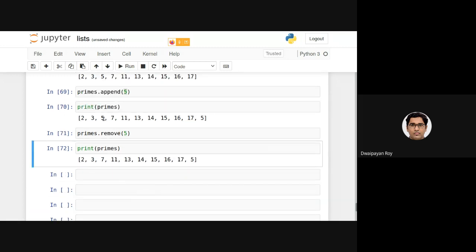As you can see, this 5 has been removed, but the latter 5s are not removed. That is, the remove function removes the first occurrence. If you want to remove the others, you need to apply some other mechanism, which will be discussed in a couple of minutes.